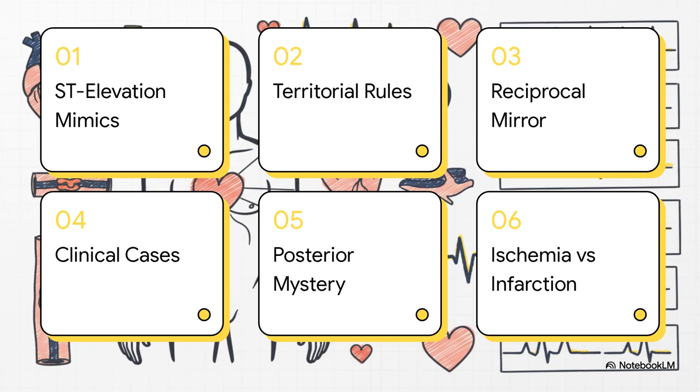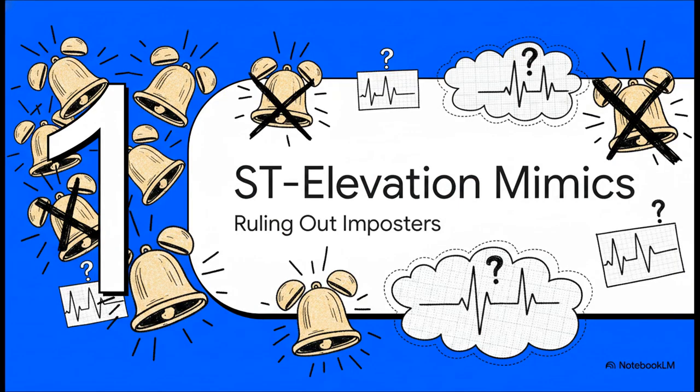We'll start with ST elevation mimics, then hit the territorial rules and the reciprocal mirror. After that, we'll dive into some clinical case studies, unravel the posterior mystery, and finally, lock down ischemia versus infarction. Let's get to it. Section 1. ST elevation mimics. Because before we start panicking and calling the cath lab for a massive heart attack, we've got